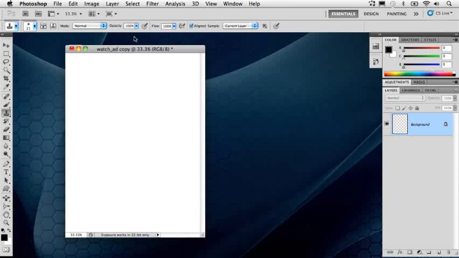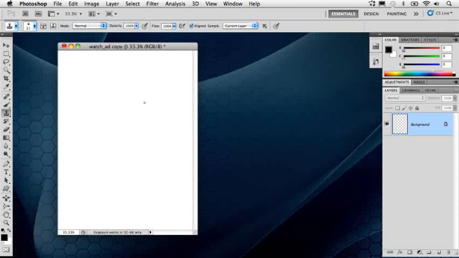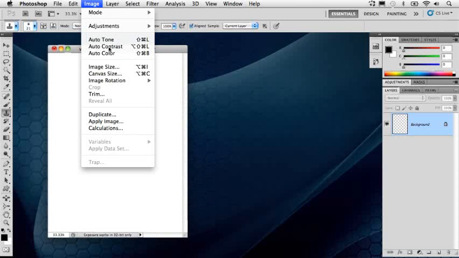So we are going to kick off this marathon of down and dirty awesomeness with a really cool, slick watch ad. These are the types of high-end watch ads you see in all the really high-end fashion magazines and such. They're just cool, very slick-looking ads, and they're really not that hard to create once you have all the elements. So we're going to begin with a document I've already created here,